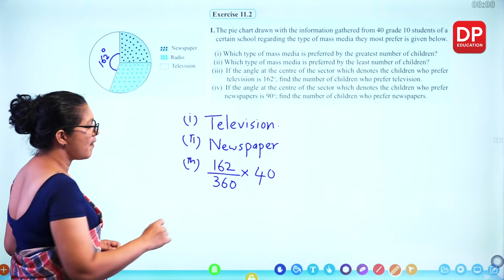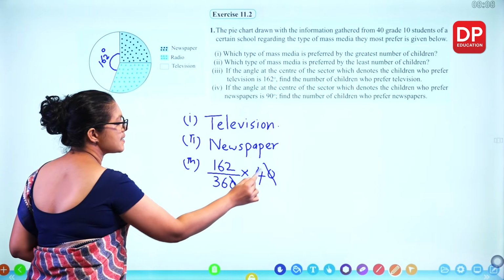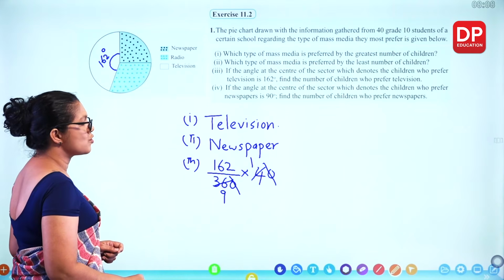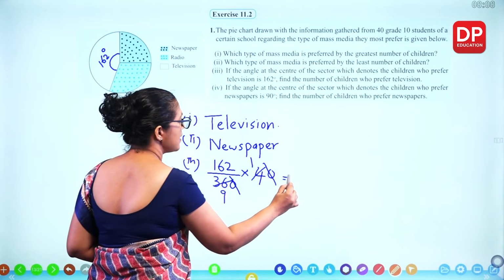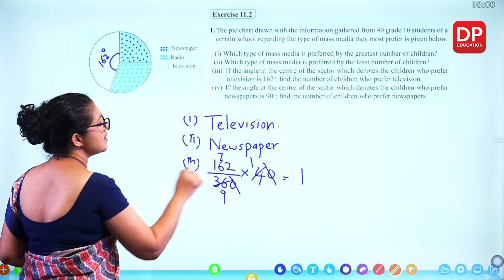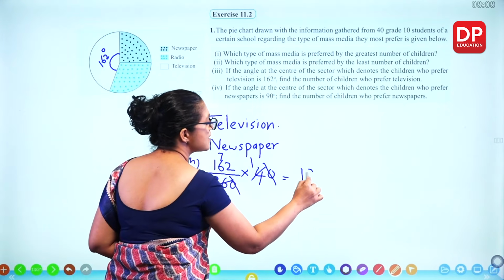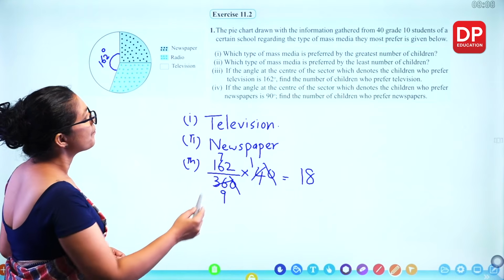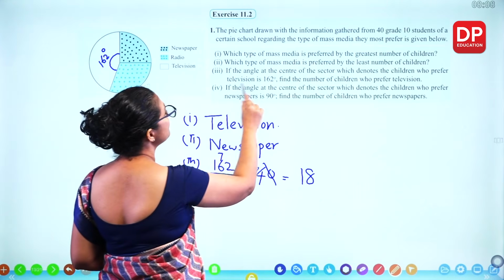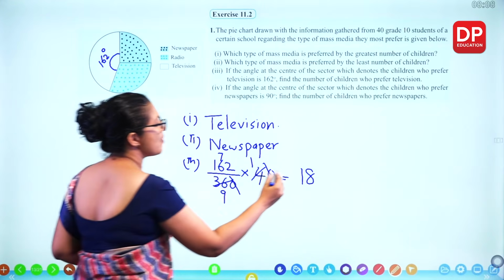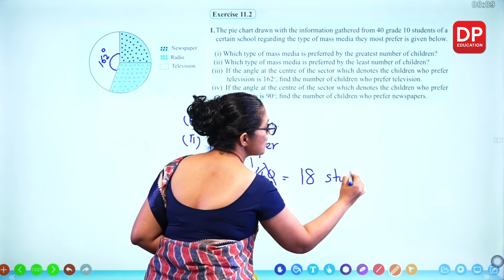Now try to simplify. 0 gets cancelled out. 4 times 1, 4 times 9. 162 divided by 9. What's the value? 9 times 1, 9, and you get 72. That's 8. So 18 students for television. So this is the number of students. So 18 students prefer